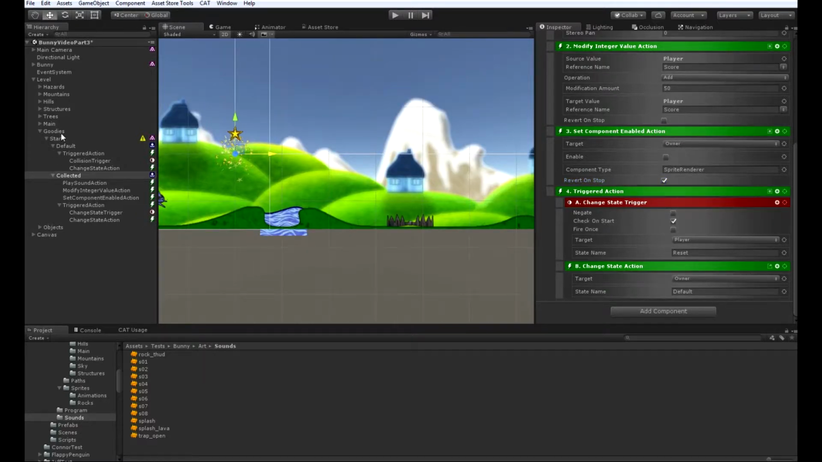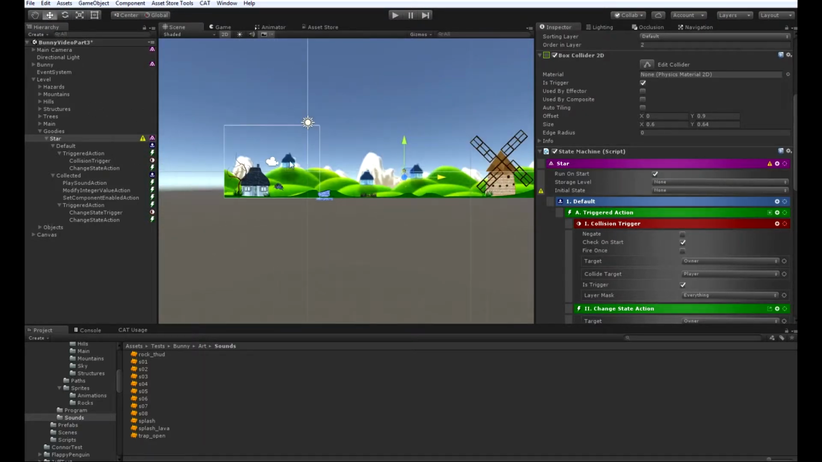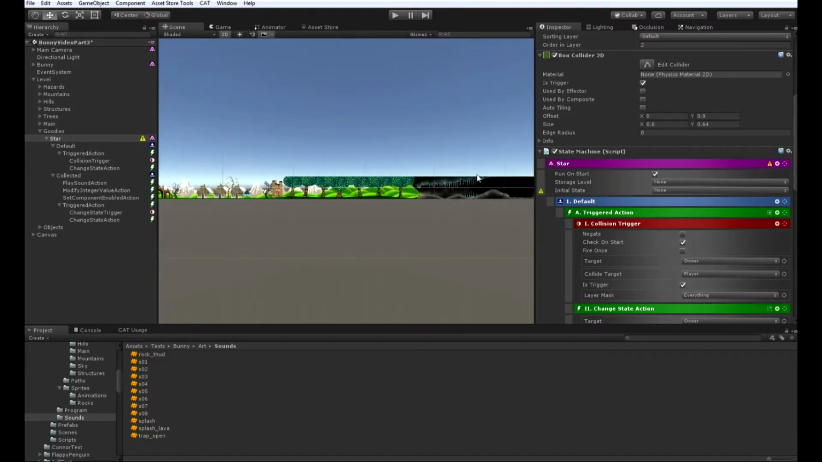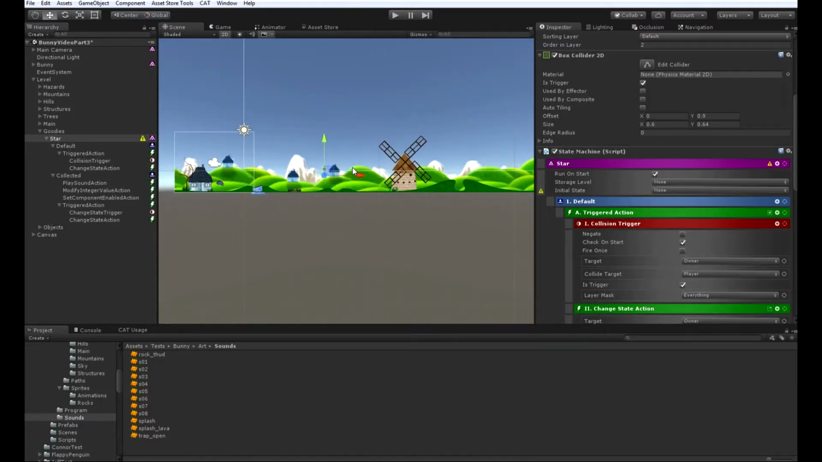Let's find someplace to put this. How about right here? Okay. Now, as you've noticed, this level actually isn't endless. So we have a start and we have an end. It's pretty big. So I'm going to describe one way you could make your levels endless in an endless runner. This is probably the simplest way. But actually, before we do that, let's just change the state to default so that our star has a default